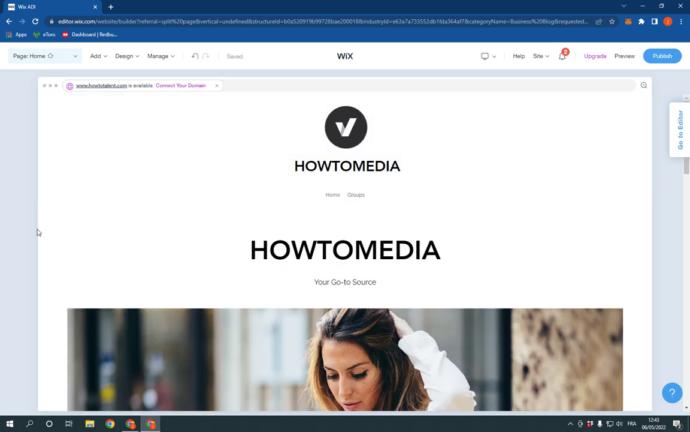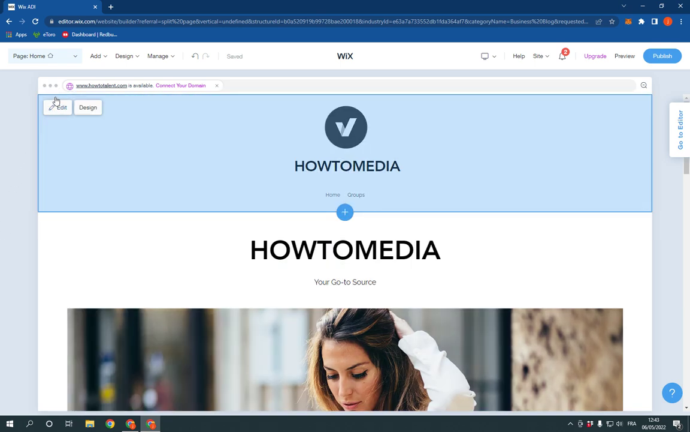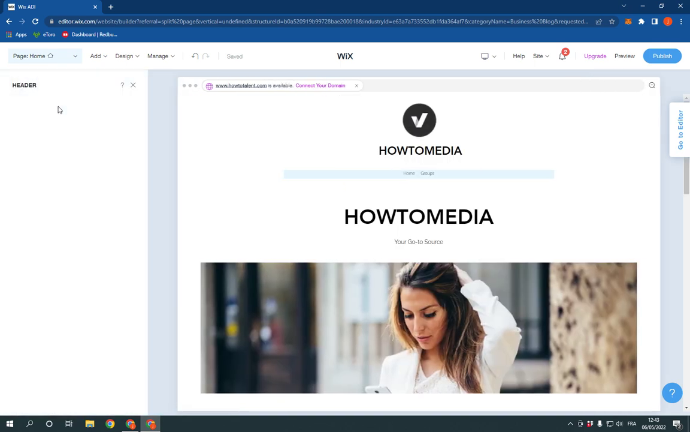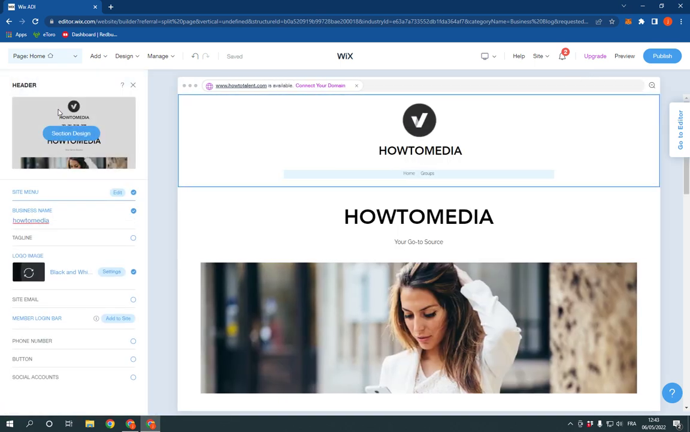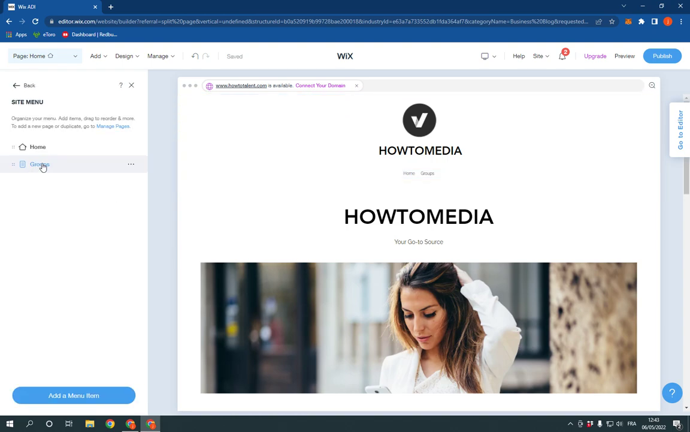Now all what you have to do is simple. Go here and click on edit on your header and it will take you to this page. Now on this page you will find the site menu right here. It's the first one. Now click edit, and as you can see, now you can change everything right here. For example, if you want this one to be the first, like this, you can